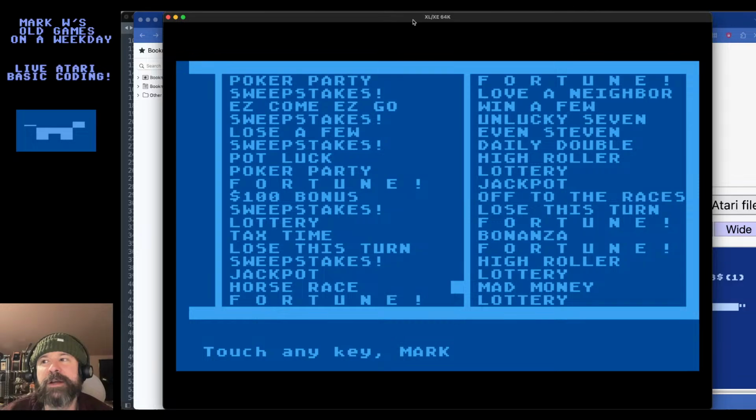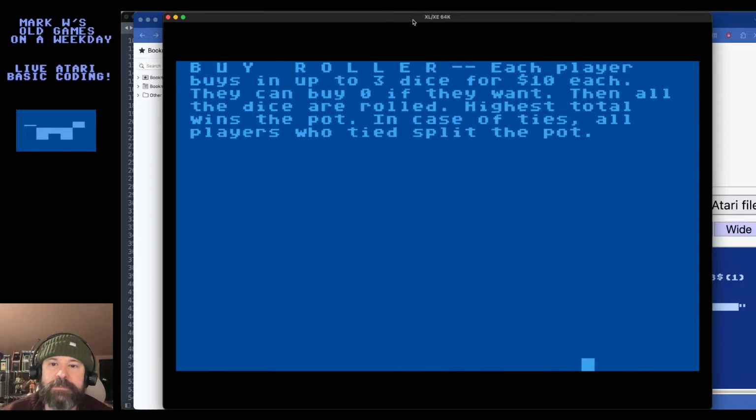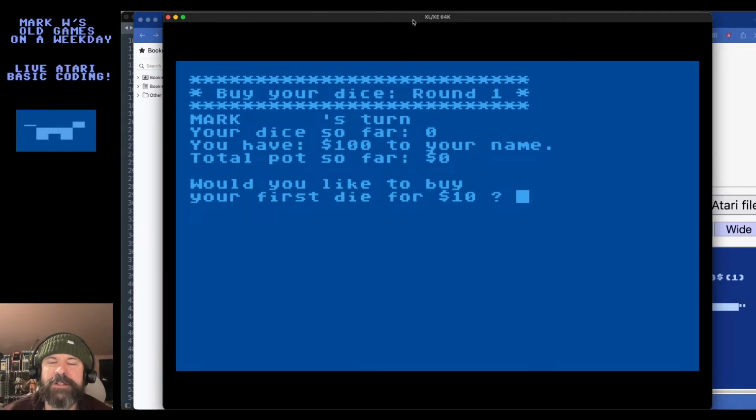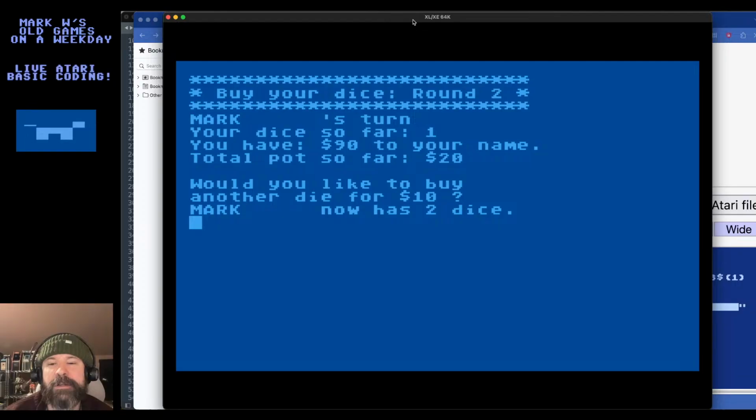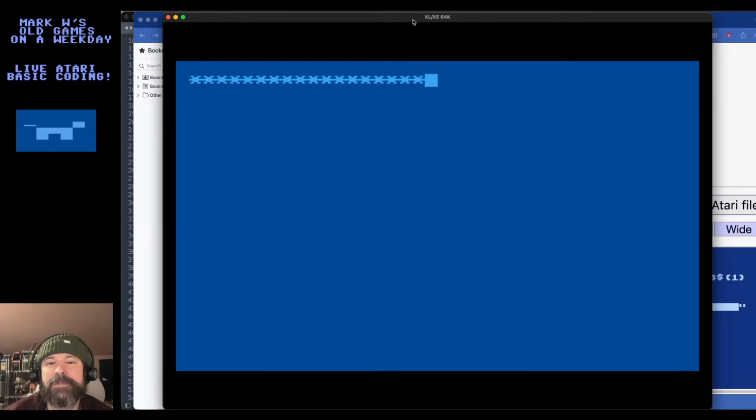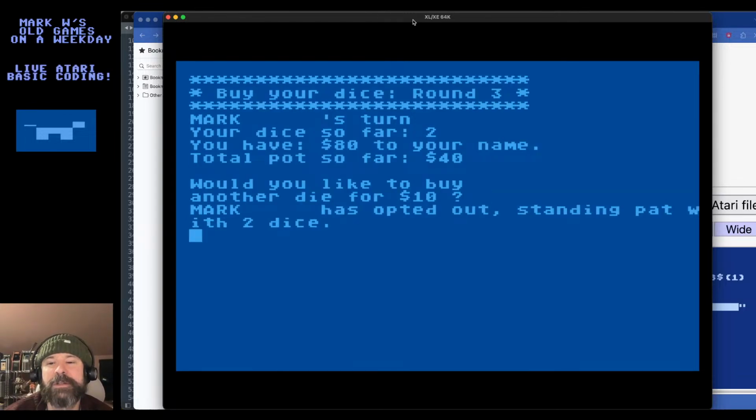All right, let's see if this works. I'm gonna go with I buy 2 dice and Atari buys 3. Now I think I should make this pause a little bit quicker. I think I'll make it loop to 100 instead of 150, so it'll be like a 50% faster way. Actually, not that bad. I don't know. It depends if I'm talking or not. If I'm just looking at it like this, it feels like it takes a while. All right, Atari has 2 dice. I'm gonna stand pat at 2, and Atari buys his 3rd die.